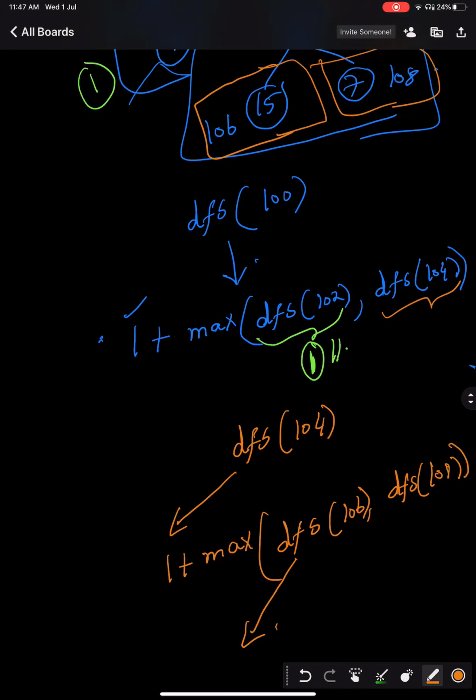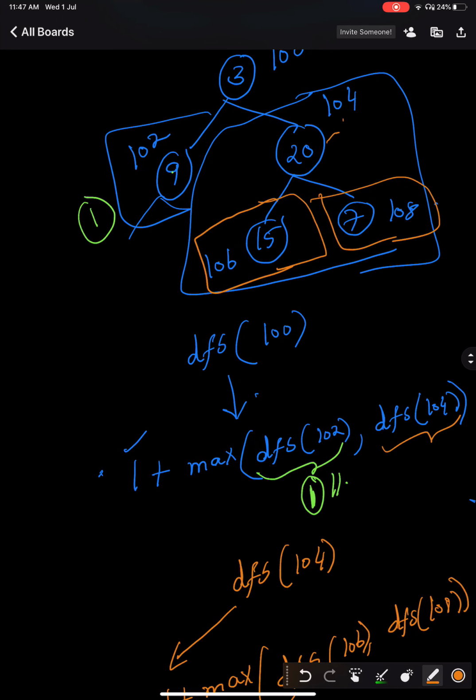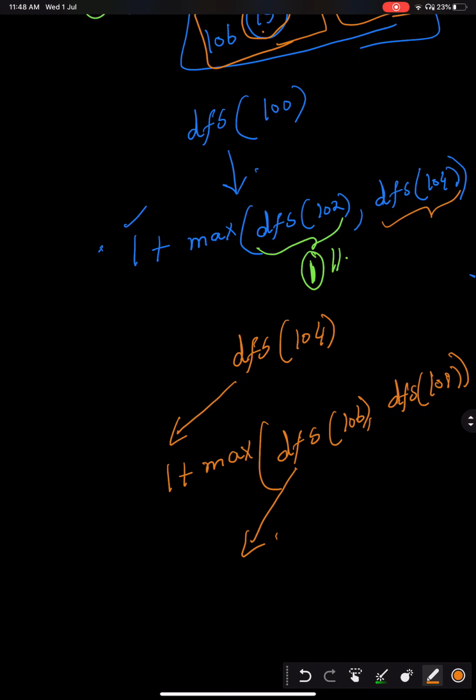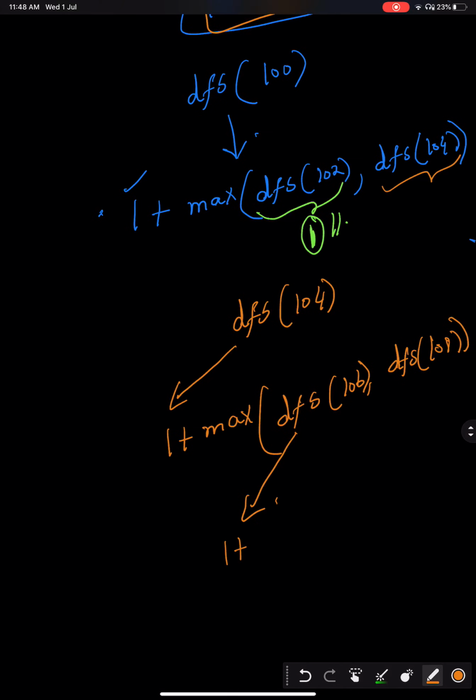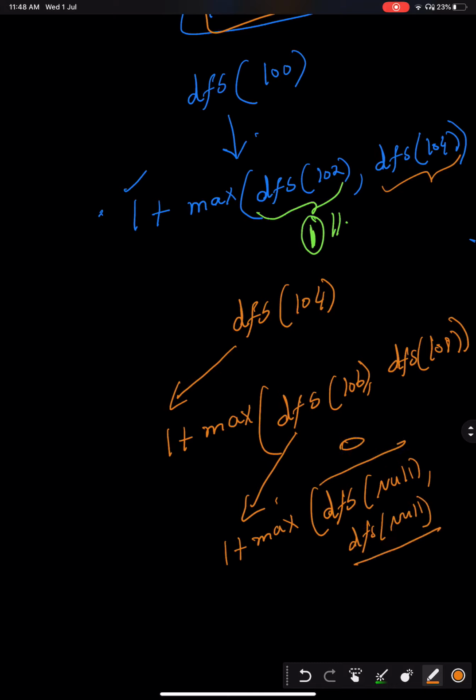Now DFS of 106 will be called. Since this is only one node and there is no left and right subtree, it will be 1 plus max of DFS of null and DFS of null. Both will be 0 since there are no nodes in the tree. So this will return 1.